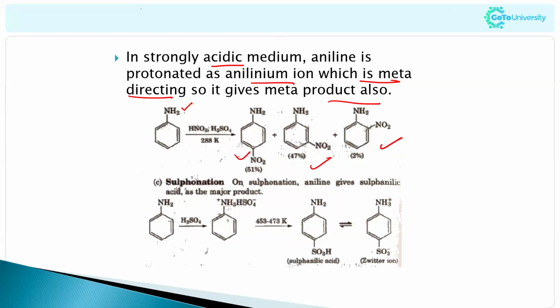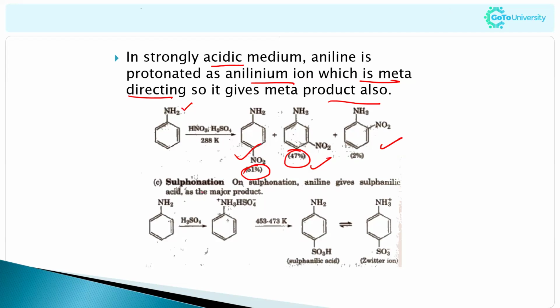Okay, so meta products are also possible. Not only ortho and para, meta products will also be produced in a large amount. See, 47% is the meta product, but ortho and para will also be produced. But para is the major, 51%. Okay,